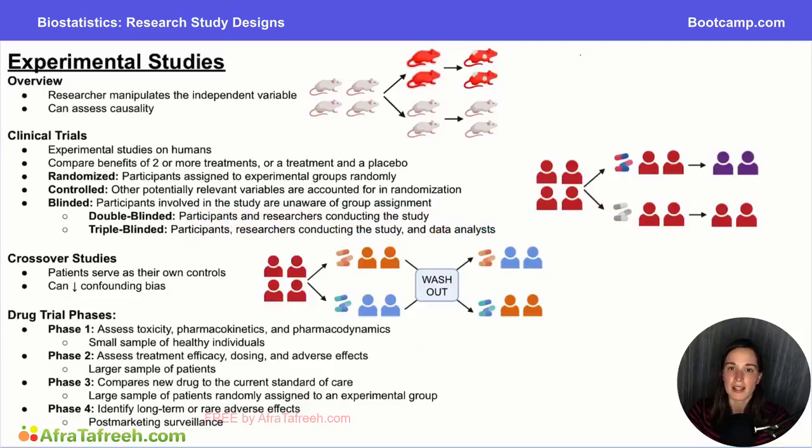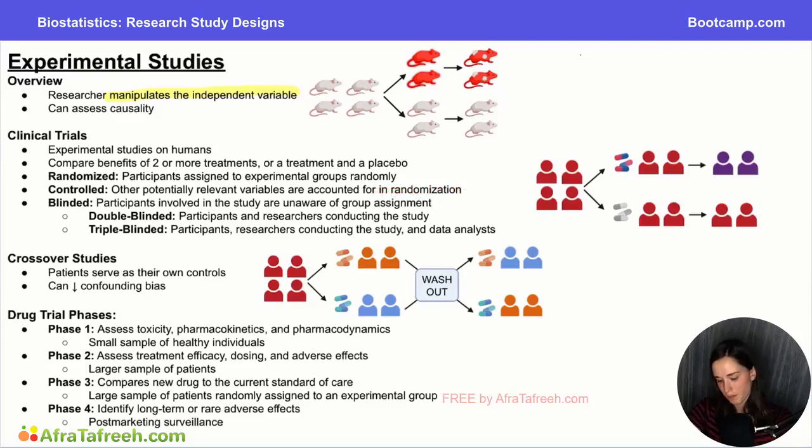Experimental studies are the second major category of research study designs. And unlike observational studies, which we've been talking about up until this point, in experimental studies, the researcher directly manipulates the independent variable. So for example, let's say we were interested in learning about the relationship between radiation exposure and